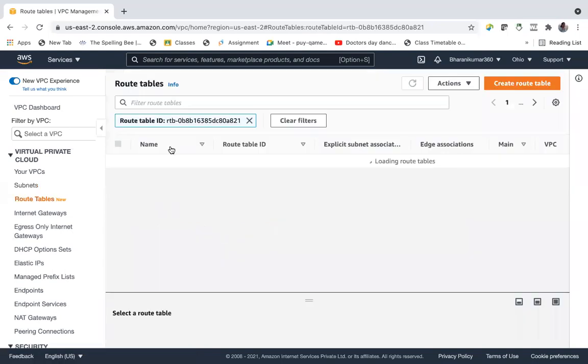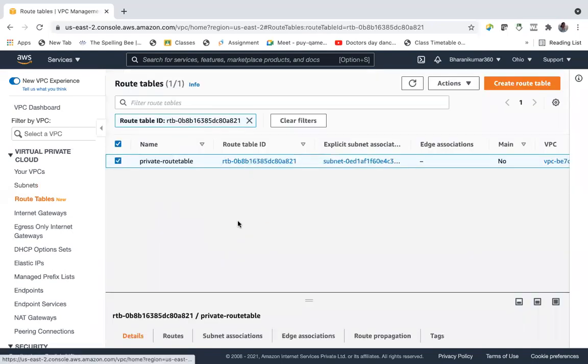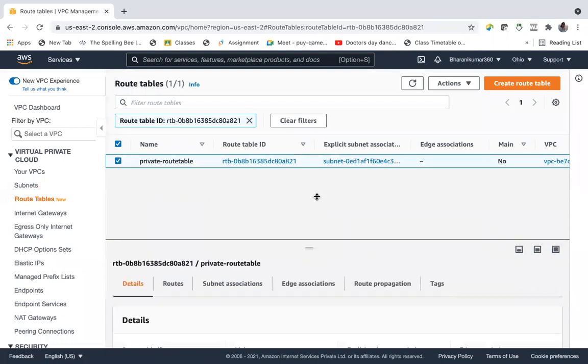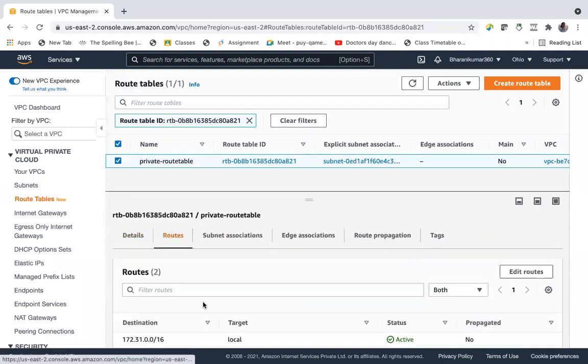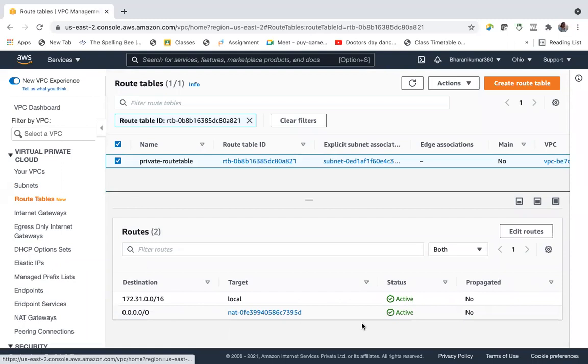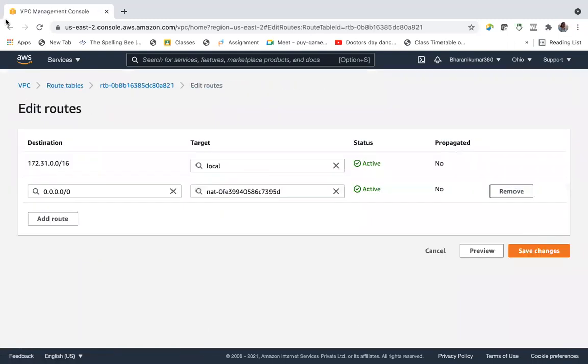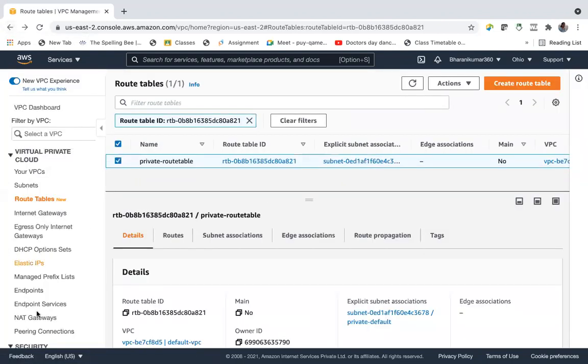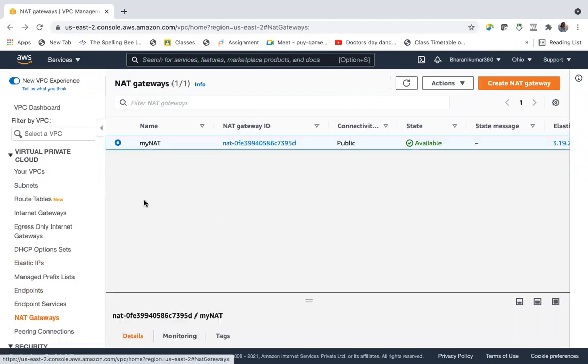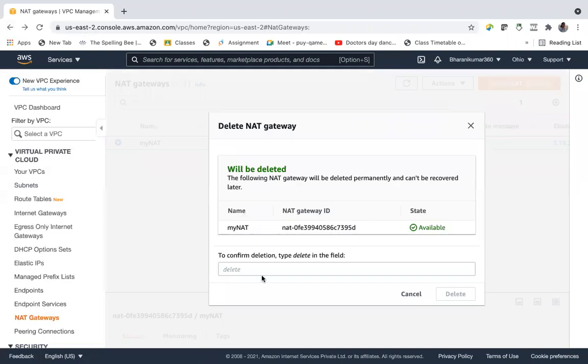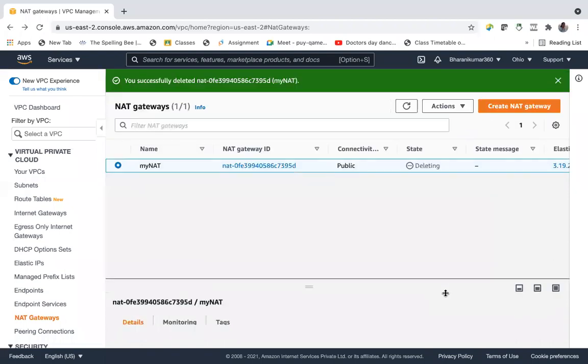Let us go here, routes. Let us remove this, or we can also delete the NAT gateway. We are done. We don't need our NAT gateway anymore. So let us delete our NAT gateway. So deleting.